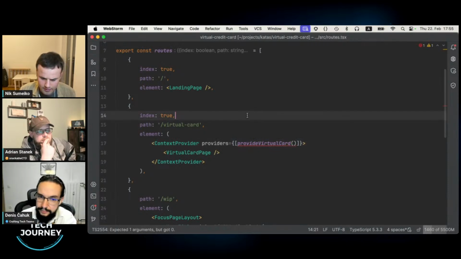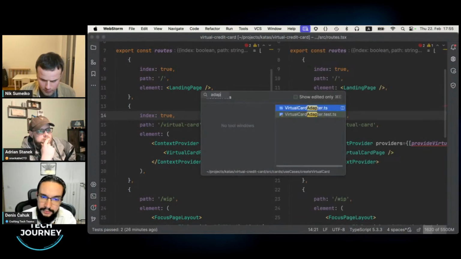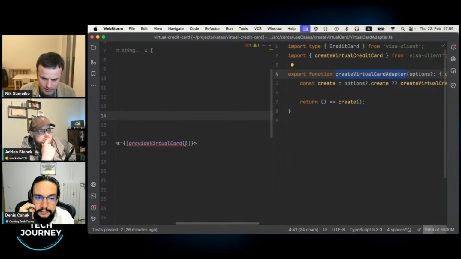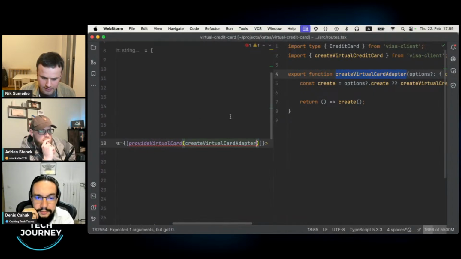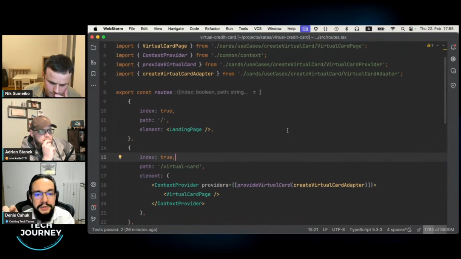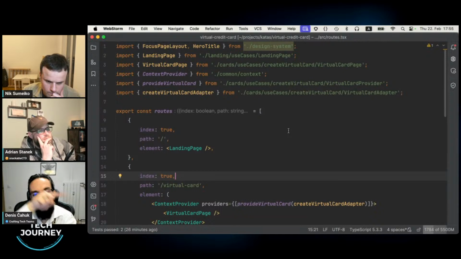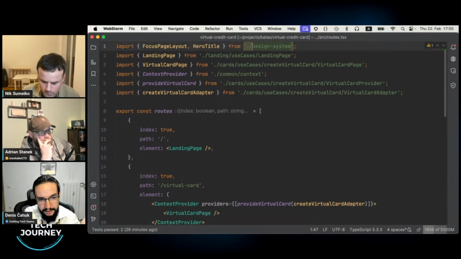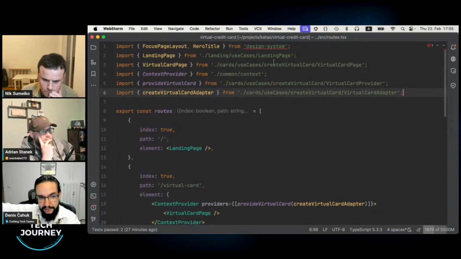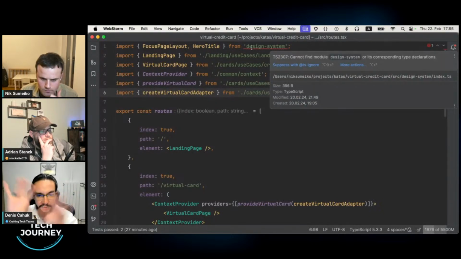Instead of a fake, we take our SDK adapter, the one that is coupled to the SDK, this one. And we pass it in. So the provide virtual card is our wrapper that is context friendly, that does the presentation, that does the mapping, and it receives something that can fetch the card, and that is the adapter, just for the terminology.